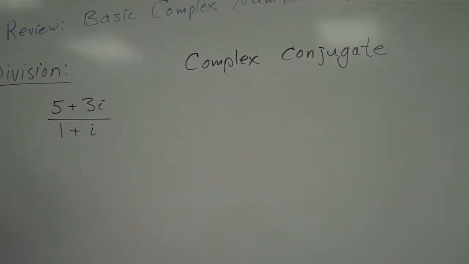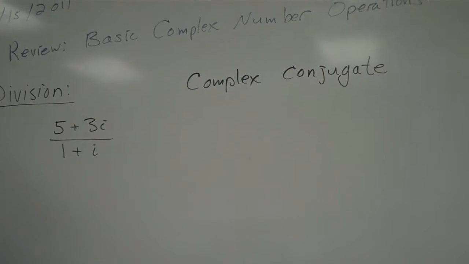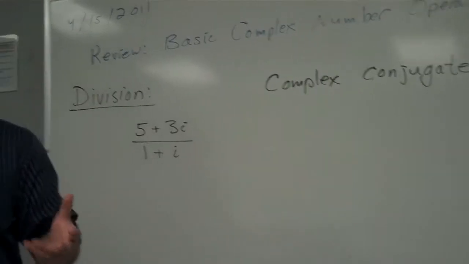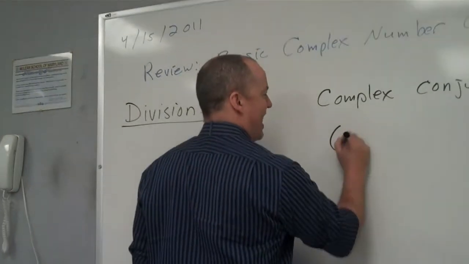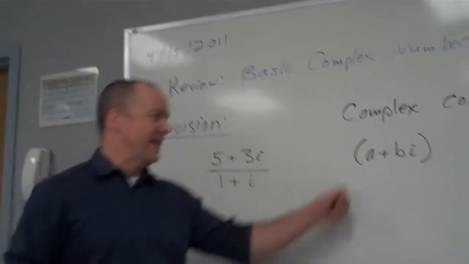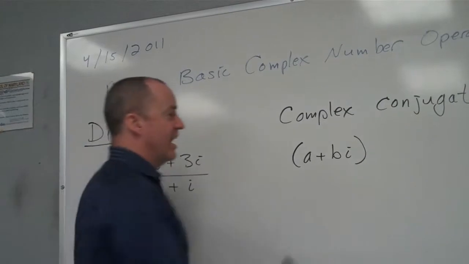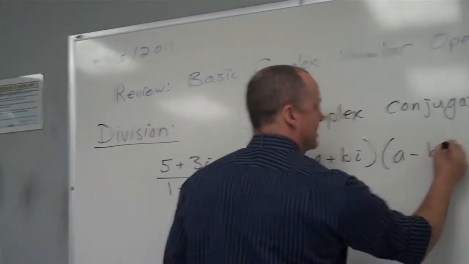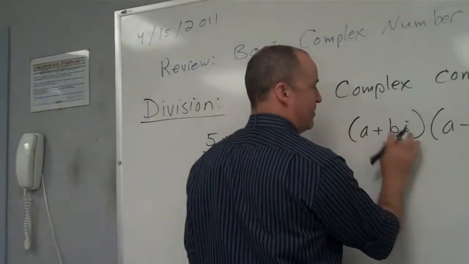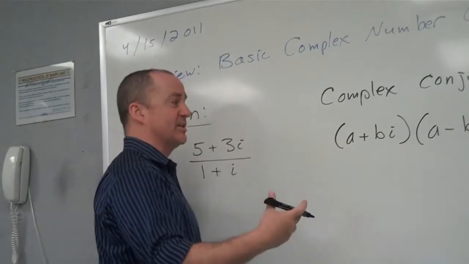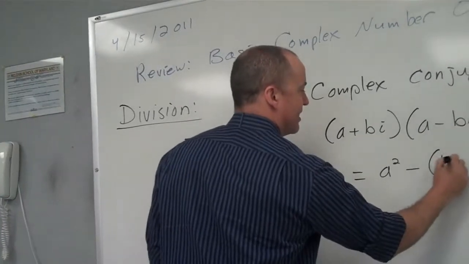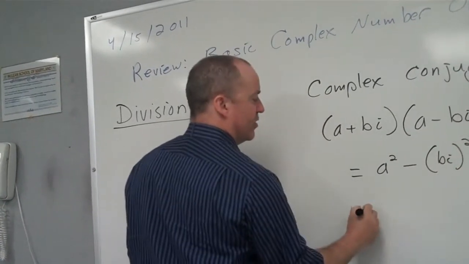A complex conjugate is a complex number that, when multiplied by another number, gets rid of the complexity. Here's what happens. If you have a plus bi, which is any complex number you can imagine, where a and b are any real numbers, and you multiply it times a minus bi, the i's go away because this is basically a plus b times a minus b, which gets you a squared minus b squared. This will always get you a squared minus bi squared,